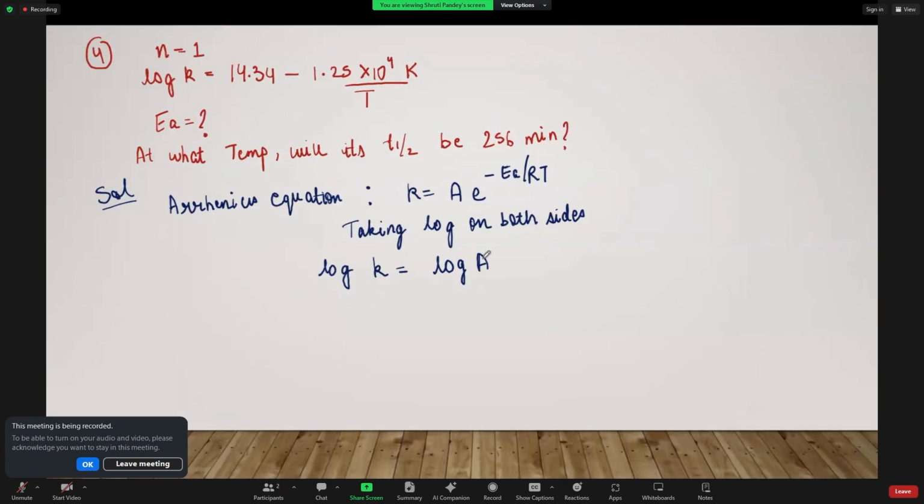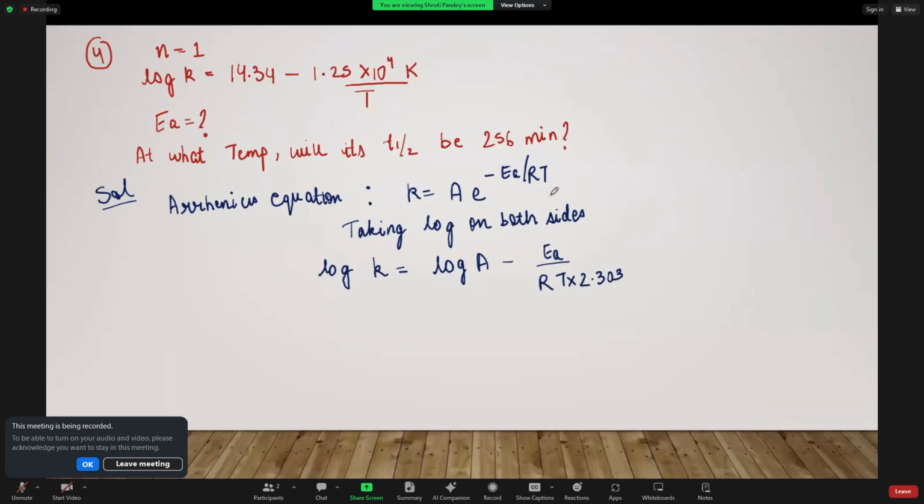Now when you convert it into log, आप क्या करोगे, you simply multiply it by 2.303 हर जगह पे. When you divide, okay, so you will get log k which is log a minus Ea by RT, और RT के साथ में you will get यहाँ पे 2.303 because of ln. ठीक है, मतलब मैंने क्या किया है, आप पहले ln लीजिए,